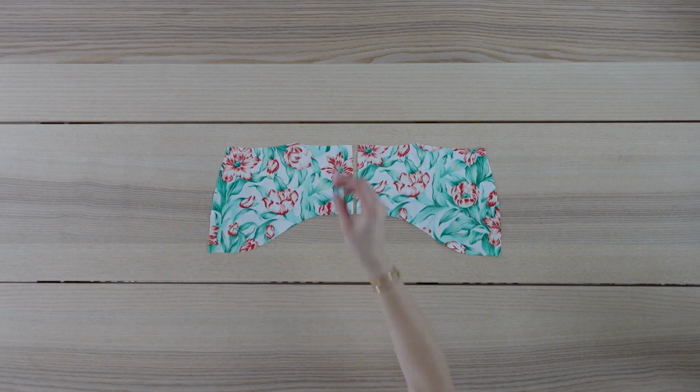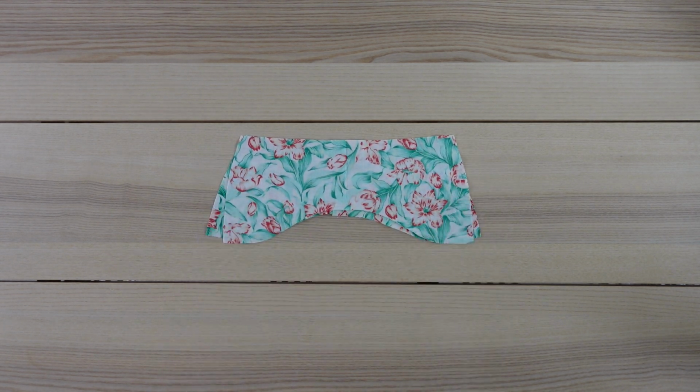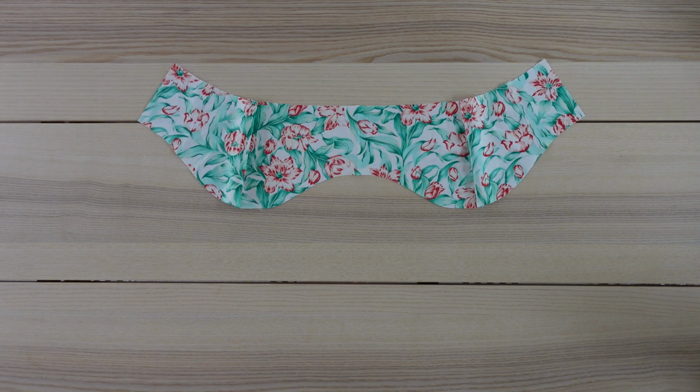Next is to sew the darts, and this is what it should look like now. I place my front piece right sides facing, and I'll sew these together along the side seams. This is what the top section of the skirt should look like, and following the same steps, I made a